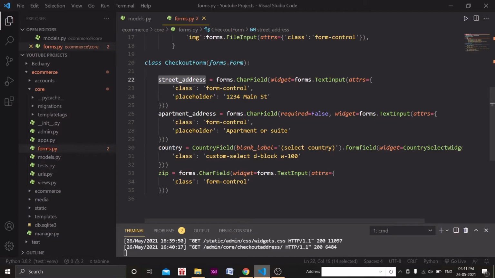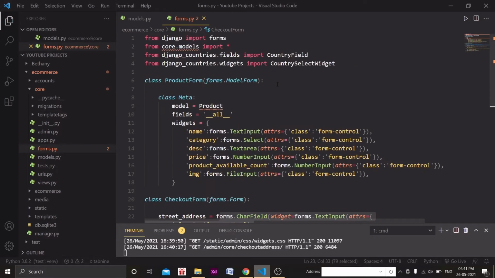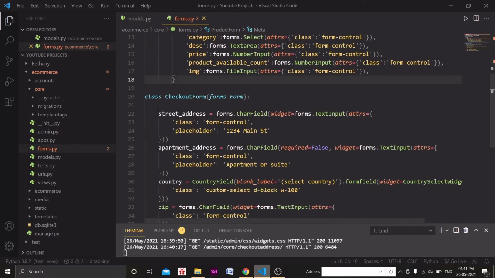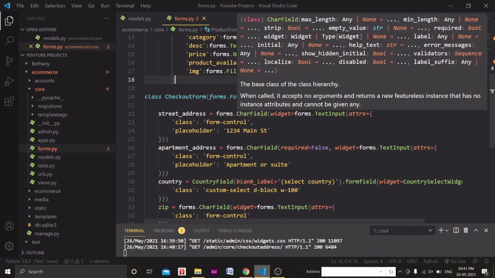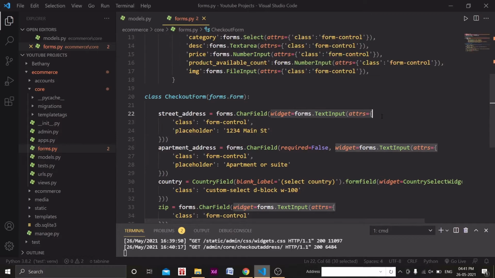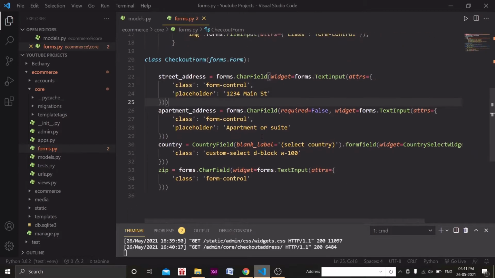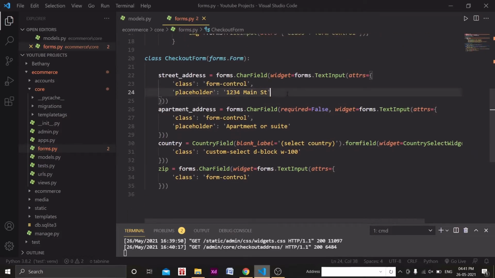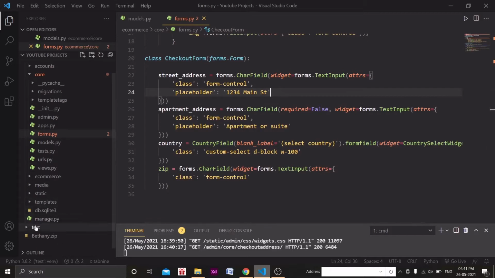In the product form that we created, we just wanted to take all the fields which were there. You can write this checkout form like the one we have written, which is another way of doing that. So forms.CharField, we can explicitly mention these things, with widget equal to forms.TextInput, and attributes are this and this. Why have I given this form-control and all these things? Because of what I am going to do in the templates. Let's go to the templates folder.